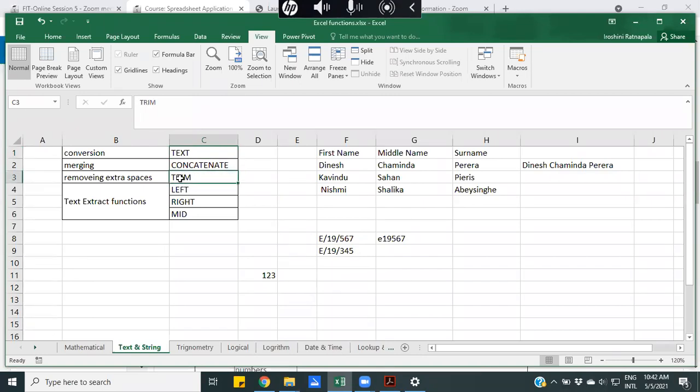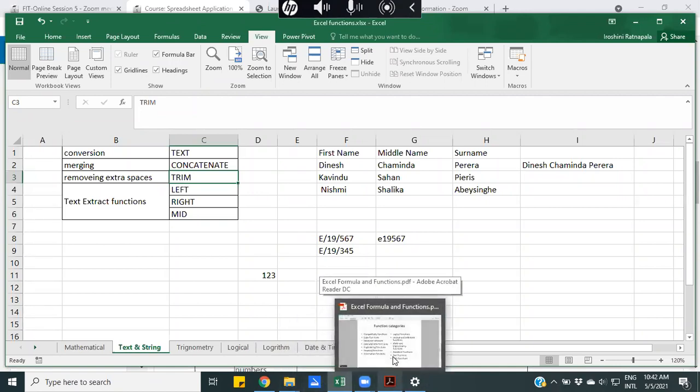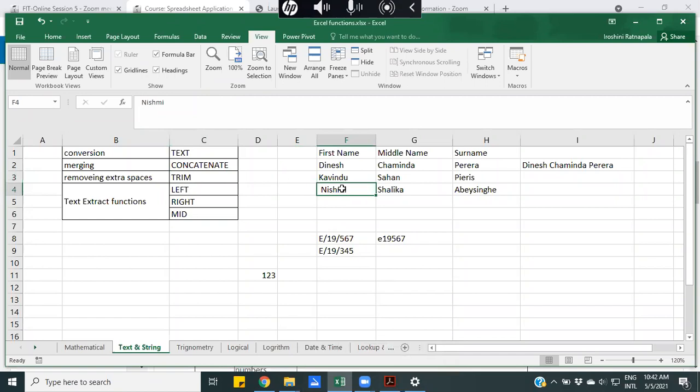Trimming means, let's say here, I don't know whether you can see it or not, in Nishmi there is a space in front of this word. An extra space in front of the word.